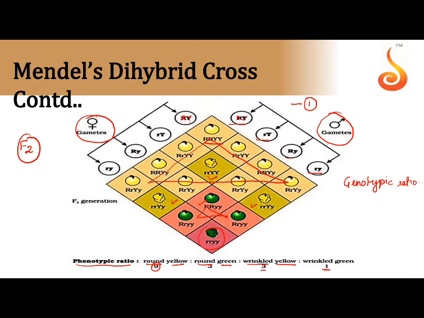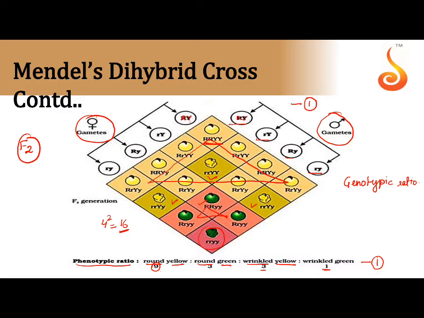I hope it is clear till here. So what is the phenotypic ratio? It is 9:3:3:1, and that scores you another 1 mark. One more observation here: since there are 4 gametes, you should be having 16 types, 4 squared. So 16 types of F2 generation progeny. Moving on to genotypic ratio, we will start one by one.